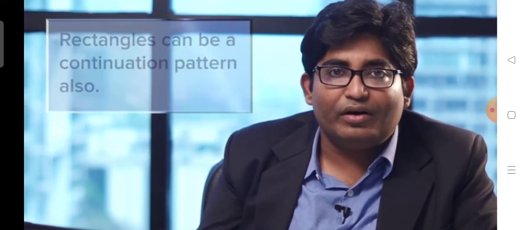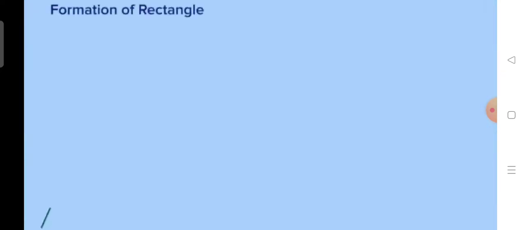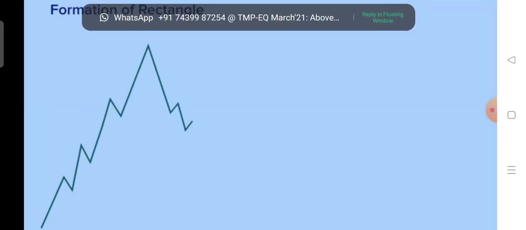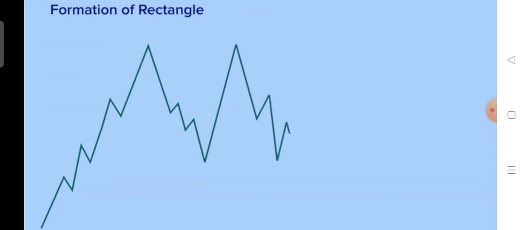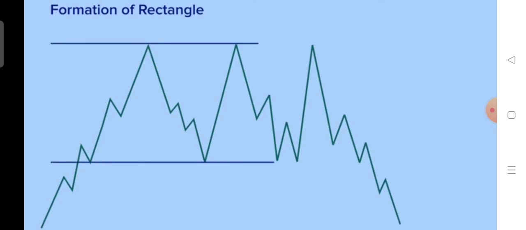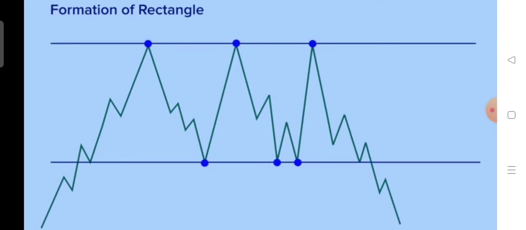So, when we are talking about a rectangle, we have to look for the breakout or the breakdown in both directions, in the case of uptrend or in the case of downtrend also. Let us talk about the uptrend and how a rectangle is formed. Suppose there was initially an uptrend and then a high is hit. Then the price retraces and then again moves up, again a similar high, then moves back. The low is similar to the previous low and then it moves up and then moves down, and this process continues. It can continue for months or years also in some cases.